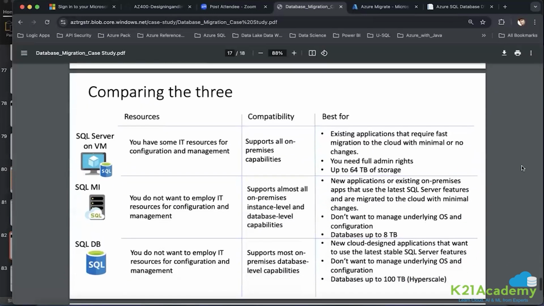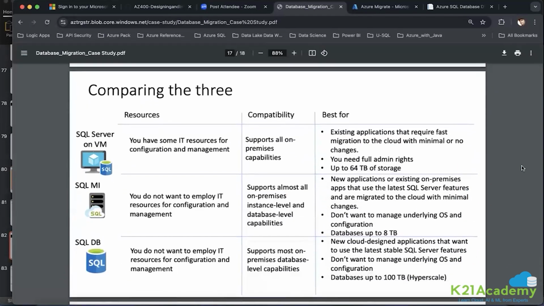And I have highlighted a couple of comparisons out of these three databases. Now, these comparison numbers, what you see, here the size and everything I have highlighted. So these sizes may vary, okay? Because usually what is happening, over time, the way I have seen, Microsoft keeps on increasing the performance and the storage capacity